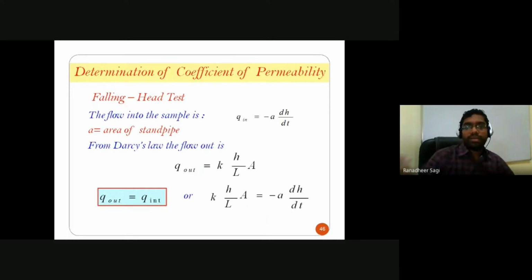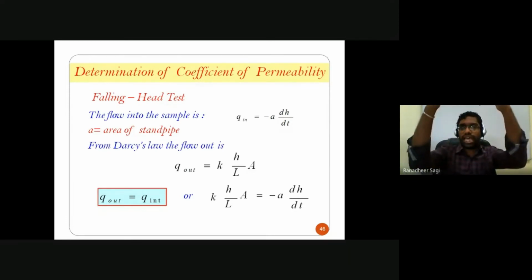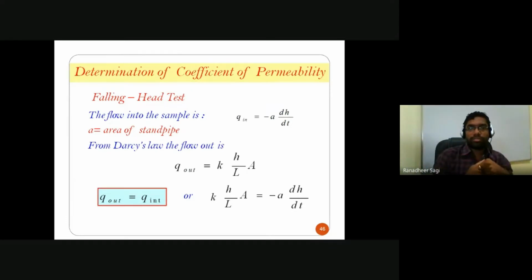Now, in a similar way, let me write down the expression for calculating your coefficient of permeability as we have represented earlier. But here, there is a slight difference in the approach in writing down the expression for flow rate. Generally, how do we write down the flow rate? The rate with which the flow is happening into the soil sample is nothing but the rate with which the flow is coming out of the soil sample, because as the flow is continuous through the soil sample, with whatever rate the flow enters into the soil sample, with the same rate the flow has to come out of the soil sample.